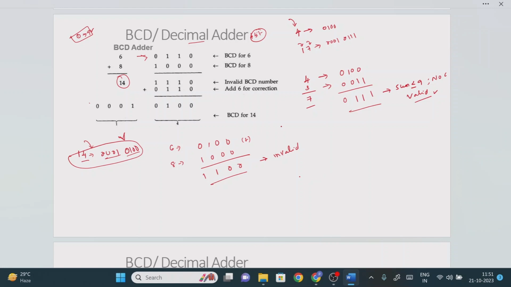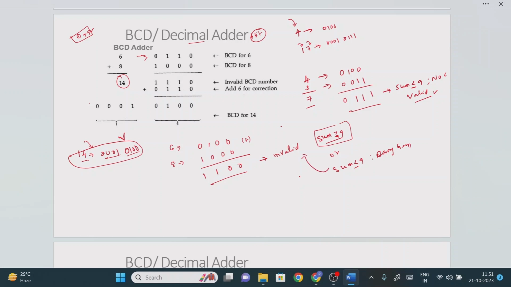Why is this happening? Remember that if the sum is greater than 9, or even if the sum is less than or equal to 9 but a carry is generated, then it is called an invalid BCD.